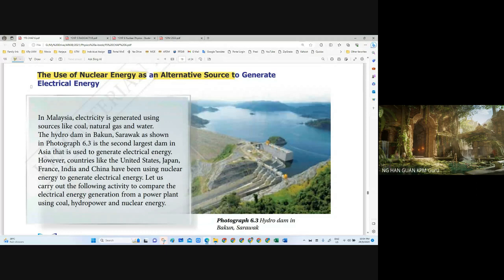You know why? If we really can control it and know how to manage the waste, the radioactive waste management is very important. Using nuclear energy to generate electricity is really lower cost and higher efficiency compared to a hydroelectric dam. A nuclear reactor is really much higher efficiency. The main problem is the waste management,